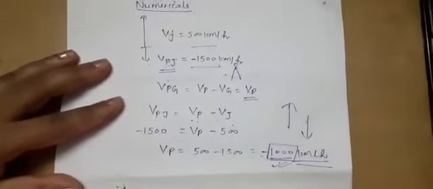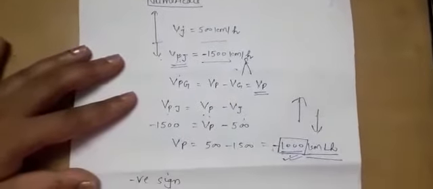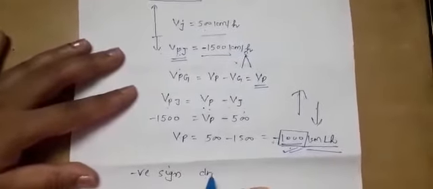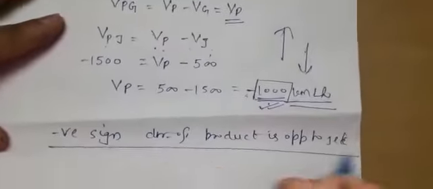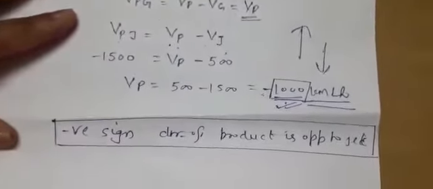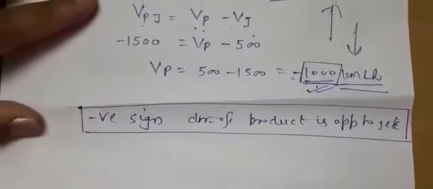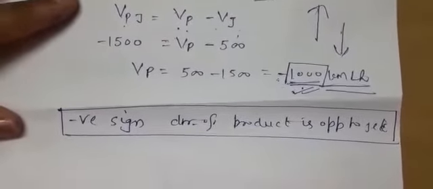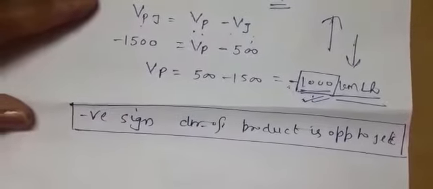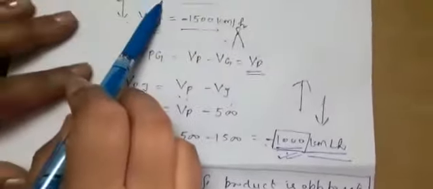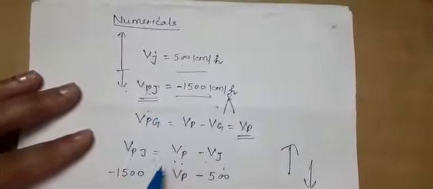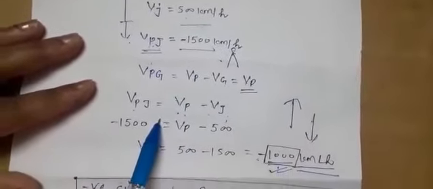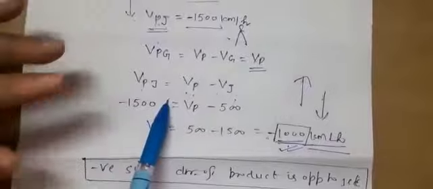So most important here, you must specify the significance of the negative sign. The negative sign indicates that the direction of the product is opposite to the direction of the jet plane. This is the main significance. You must mention it in the numericals. This is an important numerical. Here you can see this numerical statement seems slightly difficult, but what we have applied here is simply taking the direction first in which both can move, and then the conventions, then the basic formula. So it's a simple numerical. I hope now it is clear to you all.